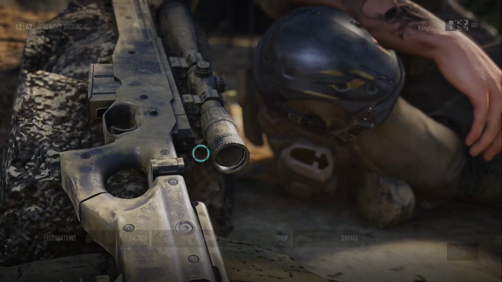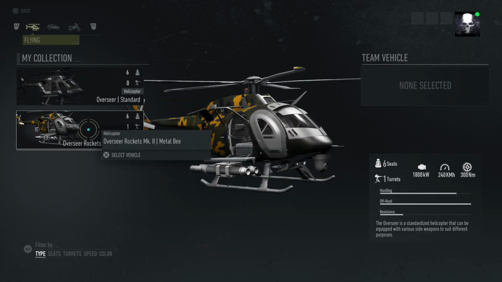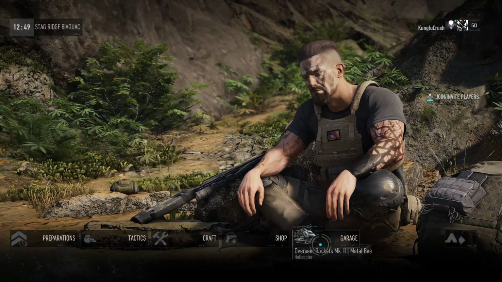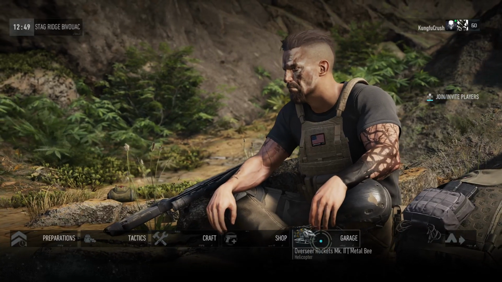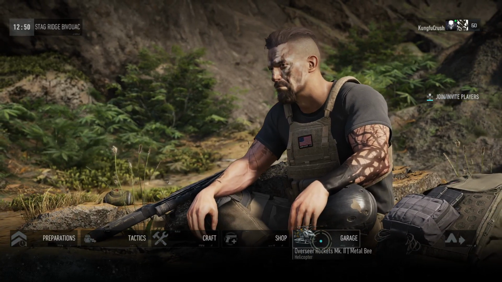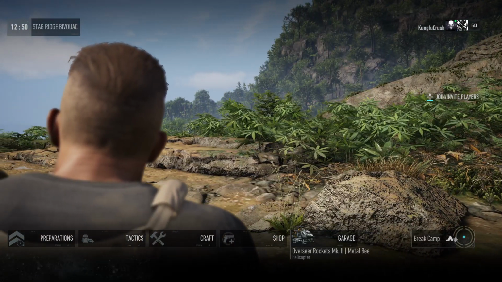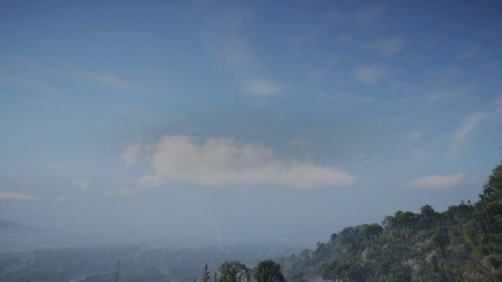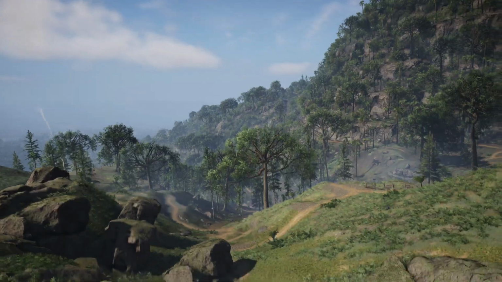So you come to the bivouac, you come in here, you come to the garage, and then you select the vehicle you want. So I'm going to select this one and come back, and then you can see that the vehicle is down here. It'll be highlighted with whatever vehicle that you chose. It could be car, motorcycles, boats, yada yada yada. And then you just break camp, and then you select your time. I'm going to leave right now, and then it does this real quick animation,